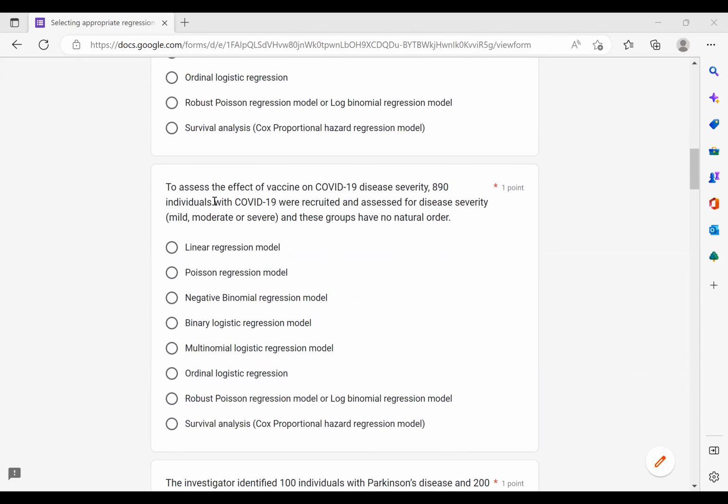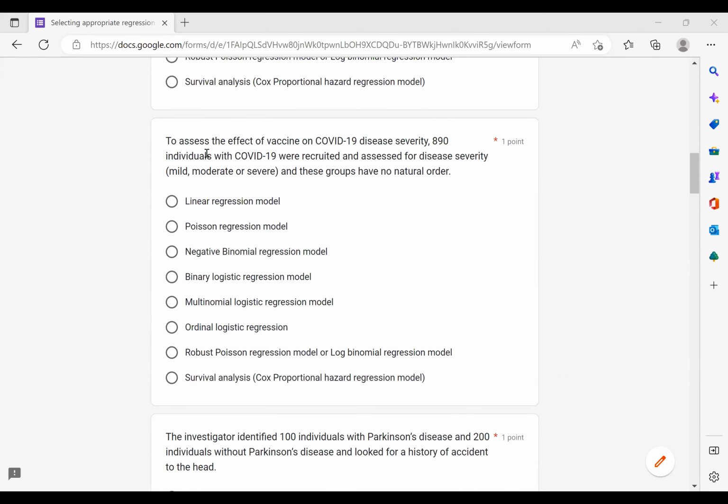So this is also another question. Let's see them, just a couple of them. So to assess the effect of vaccine on COVID-19 disease severity, 800 individuals with COVID-19 were recruited and assessed for disease severity. And these groups do not have any natural order. So again, what kind of study design is it? Cross-sectional, right? Again, a random group of one large group of population, and our outcome is